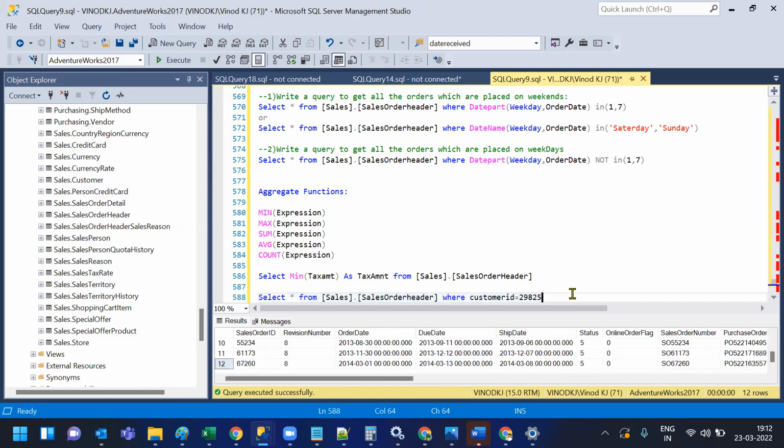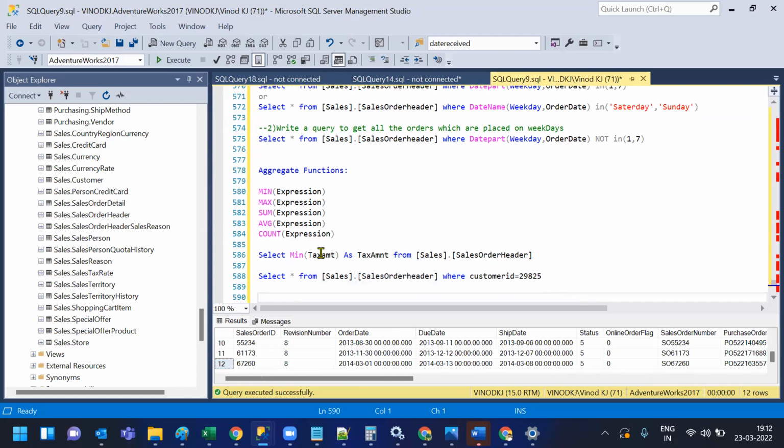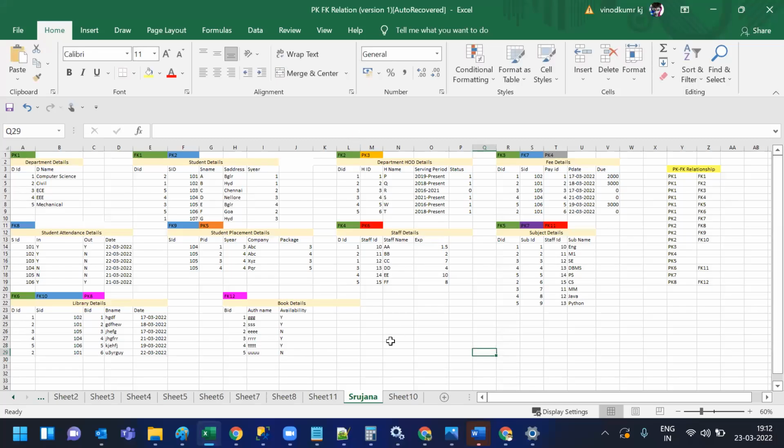Yes, sir. Now what I need is, here it is giving the total: in the whole tax amount column, I'm just getting the minimum tax amount. But each customer has different orders, right? Now what I need is, customer-wise, the minimum tax amount which they have paid out of all their orders. So for an example,